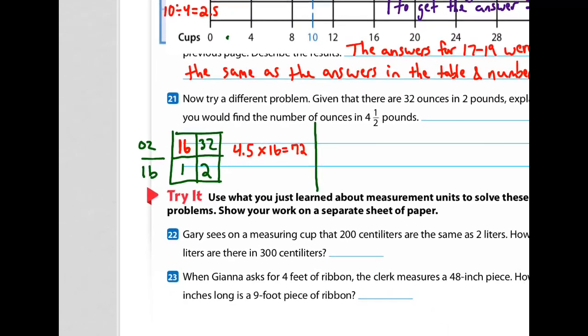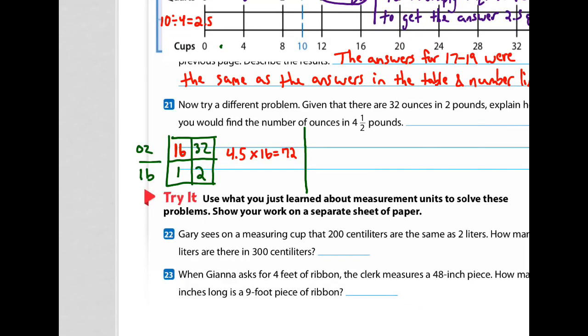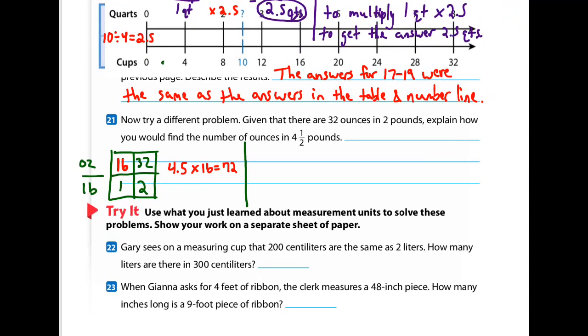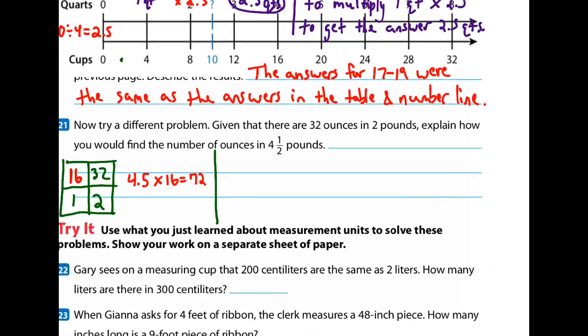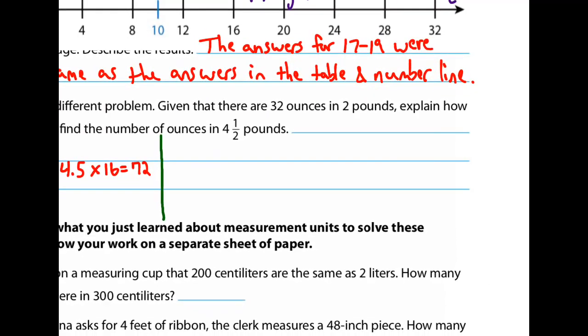So it doesn't matter how you did it. Some people like using the unit rate better, just multiplying it. Some people like making a table. I don't care. Just get the right answer. So I'm just going to explain the unit rate strategy here. So I'm going to say first,